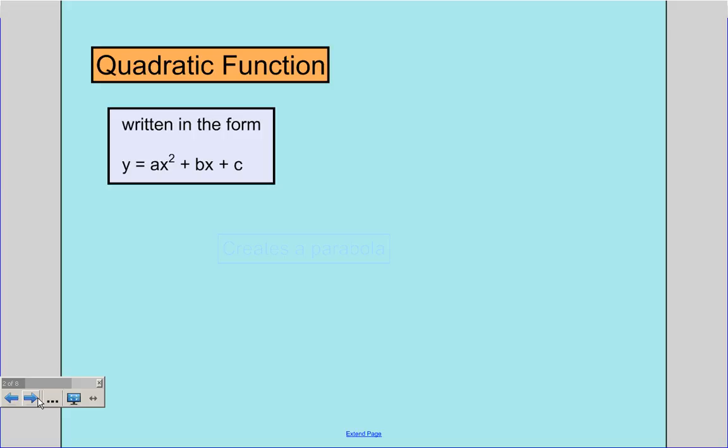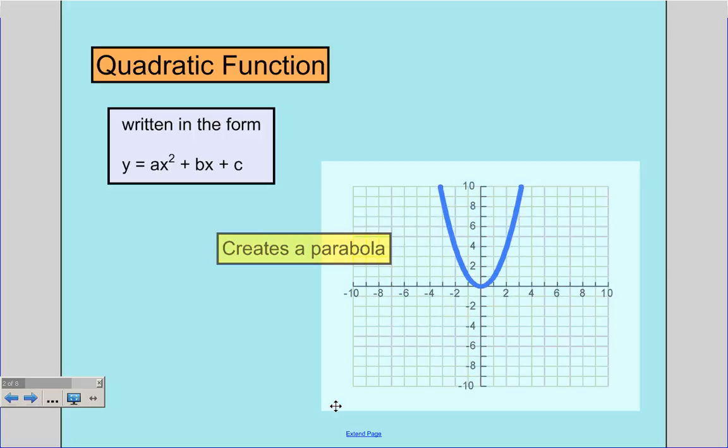A quadratic equation is going to be written in the form y equals ax squared plus bx plus c. And what that does is that creates a different graph. With a regular linear equation, you get a line. With this, you get what's called a parabola. A parabola is this U-shaped graph. It either shoots up like this or it opens down, but it will not open to the sides because this